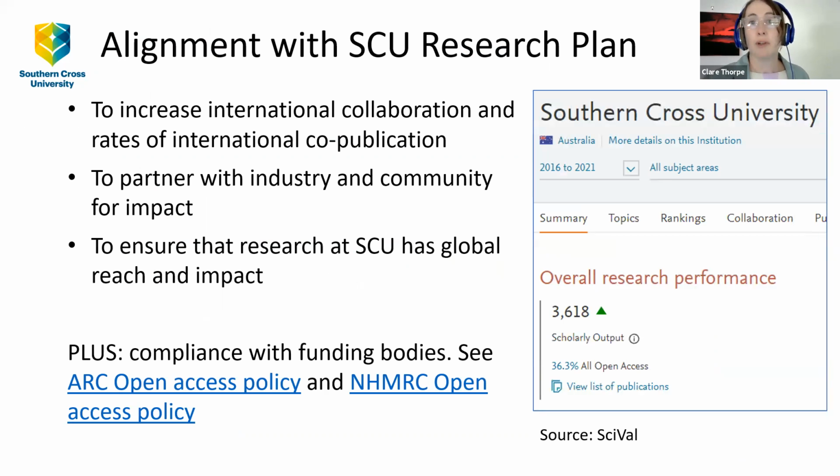So how does this align with our research plan here at the university? Well, I've picked out a couple of the goals of the plan and popped them on screen there. But if we want to be an institution for the public good, both within our local Northern Rivers community and on the global stage, then we would argue that open access is one tool that we have to help leverage that goal. And the plan itself states that we want researchers to publish research as high impact scholarly outputs and to make them broadly accessible to maximise impact. And open access can certainly help with that.